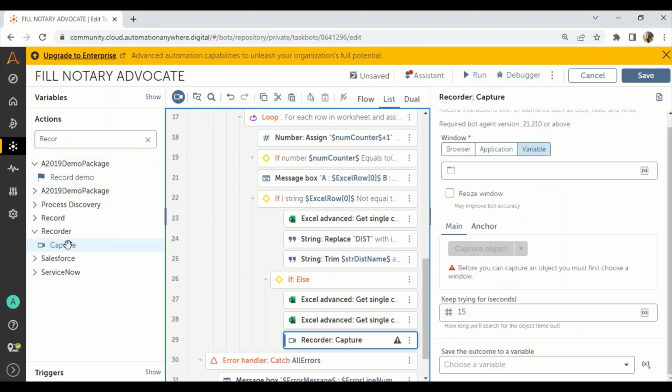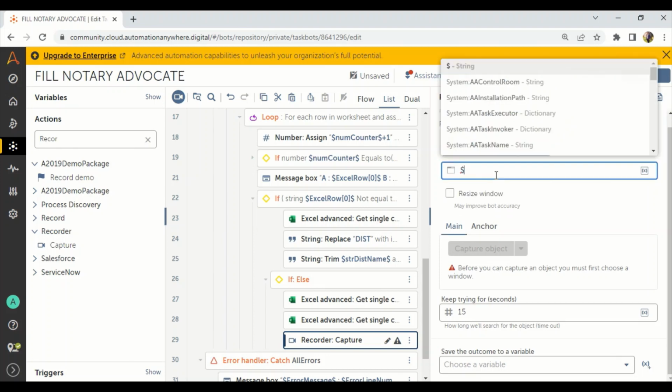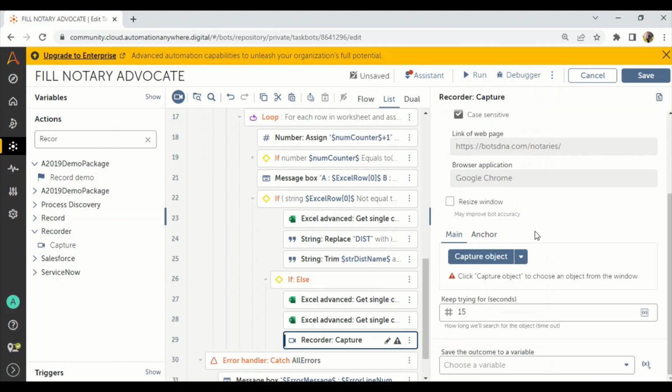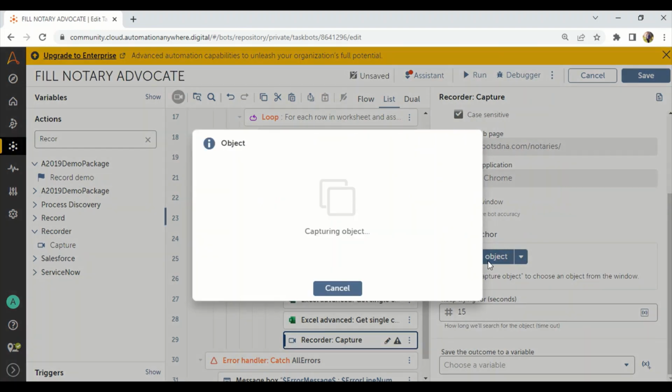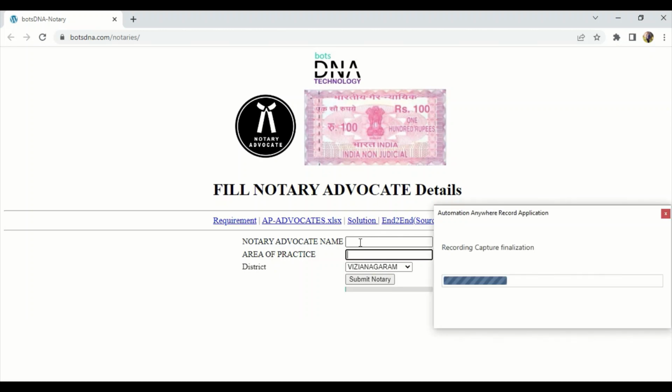recorder, capture, and in the capture, the browser or variable. Directly you can take a variable as win notary and take the capture object, wait for this one and hover the mouse to notary advocate name. Okay, just hover the mouse to only one. Notary advocate name. Just click on that, wait for capturing finalization. Once it is finalized, we have to type the data back into your website, right? That we have to do. So it is capturing,